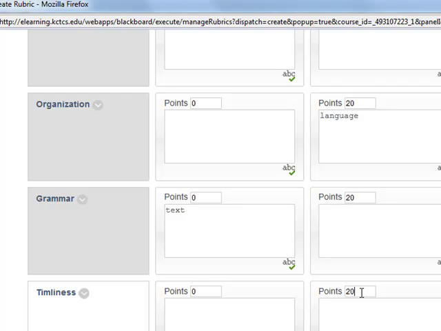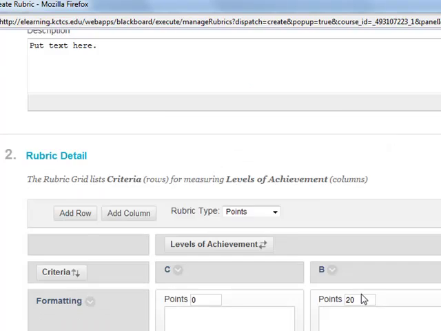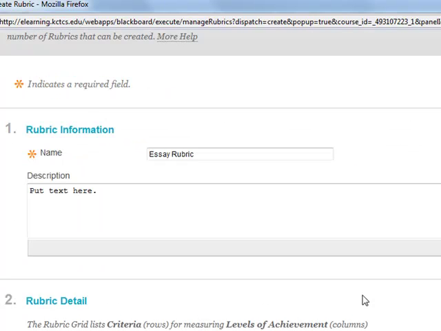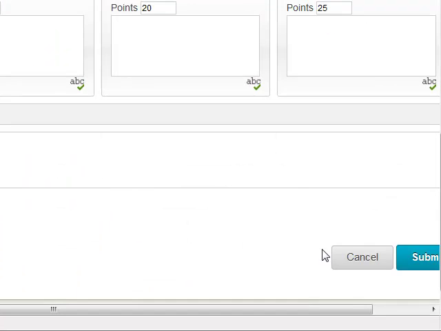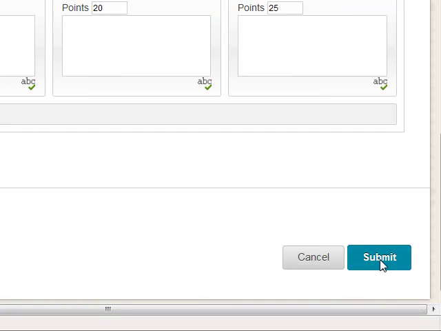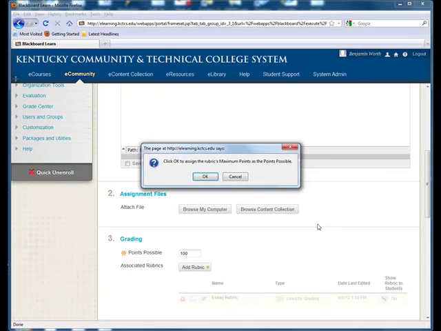And we could leave this at 0 for the C, whatever you want it to be. And then I click Submit when I'm done. So what this allows me to do